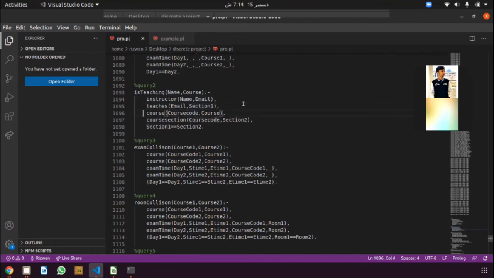And now we use the course knowledge base. In this knowledge base, we use the course parameter to get the course code of that specific course the user wants to know. And in the next knowledge base we use the course code to get the section of that specific course. If these two sections are equal, it means that the teacher is teaching that particular section.